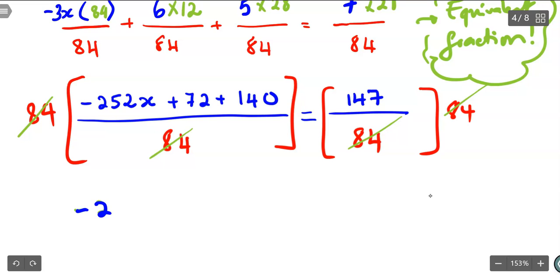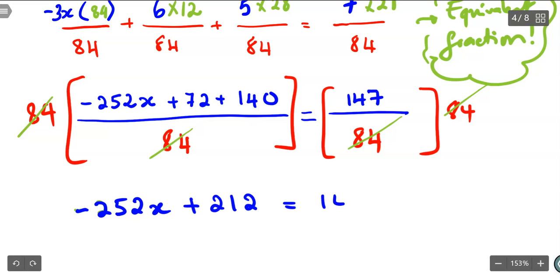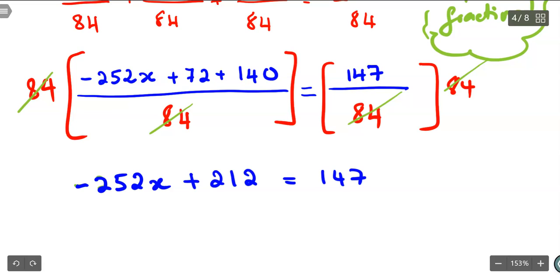write my... what you do is you are going to add 72 and 140. Okay, take 72, add 140. So in this case, I should have plus 212. Okay, so now my next step is to